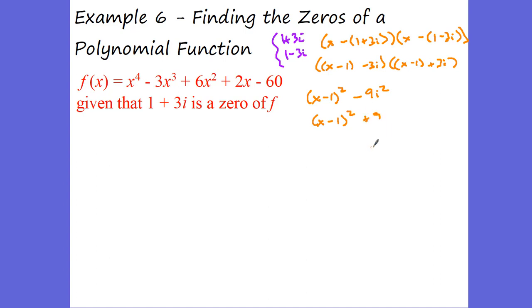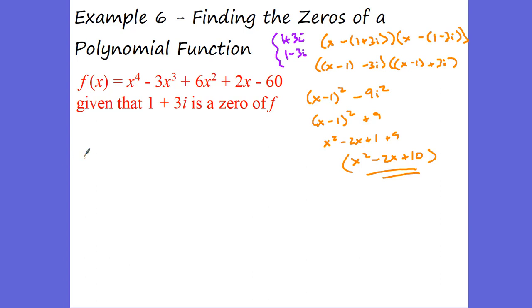Okay? And what do we know about x minus 1 squared? If we do our foiling here, it's going to be x squared minus 2x plus 1 plus 9, which means x squared minus 2x plus 10. This is that complex conjugate right there. Okay? Now, if we know that this is a factor,